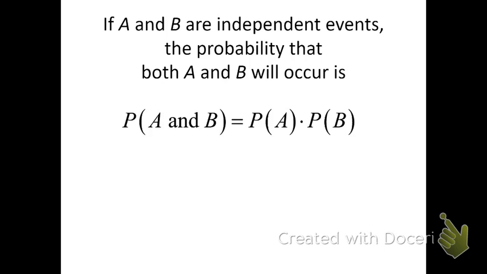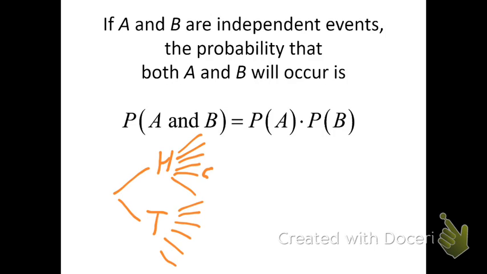So like, let's say you flipped a coin, right, and there's two outcomes, heads or tails, and let's say you also rolled a die, so there's 6 outcomes: 1, 2, 3, 4, 5, 6. Alright, and let's say that was a 5. Okay, the probability of flipping a coin and getting heads, and then rolling a die and getting a 5, is